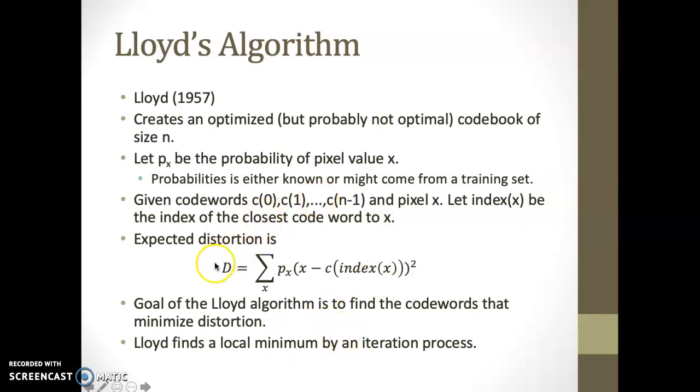So if D is high, it means the image will be too different from the original. If D is small, then you can get